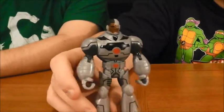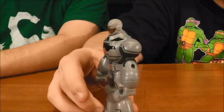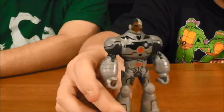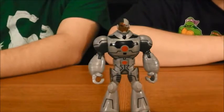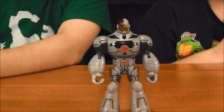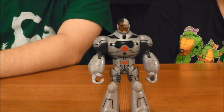Cyborg is definitely the figure that I thought they would leave out, and I never would have assumed that Mattel would have been creative enough, honestly, to have decided to have executed him the way that they did. I want to touch on Cyborg and the New 52 again for just a moment. There's some people who aren't very happy with it. There's people that would much rather have Martian Manhunter instead of Cyborg, but